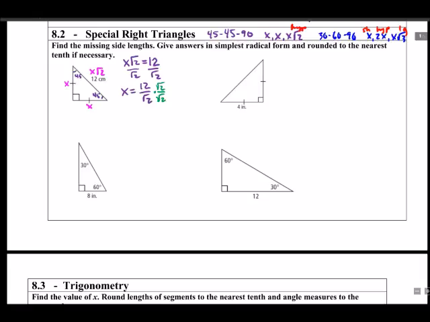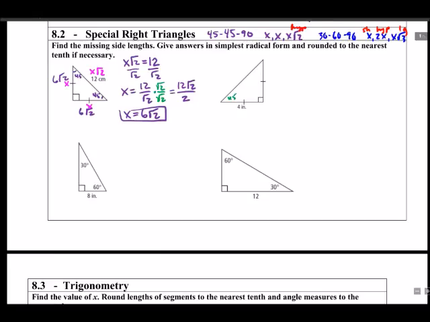How do you turn a radical into a whole number? You multiply it by itself. So that gives us 12 square root 2, because we just multiply straight across on fractions. Root 2 times root 2 is just 2, so x equals 6 root 2. So that means this side measures 6 root 2 units, and this side measures 6 root 2 units. Okie dokes. And the next one, another